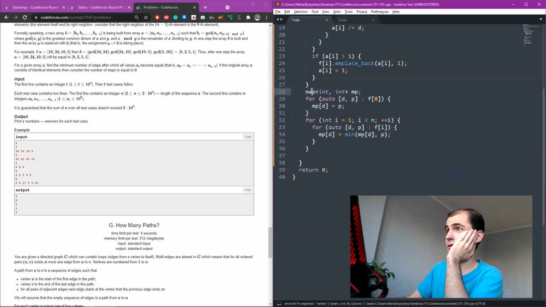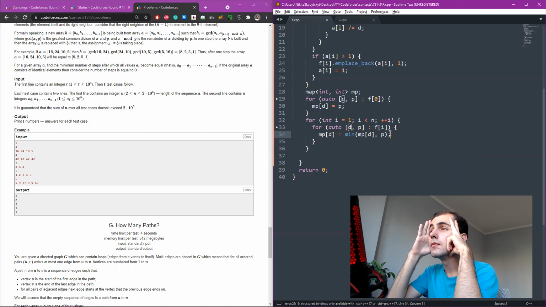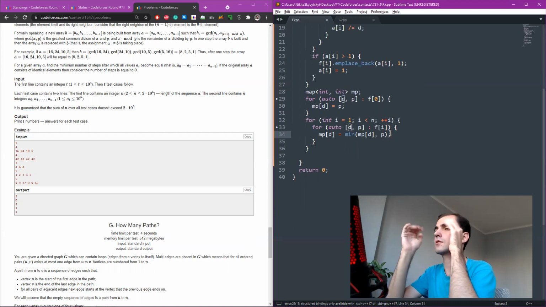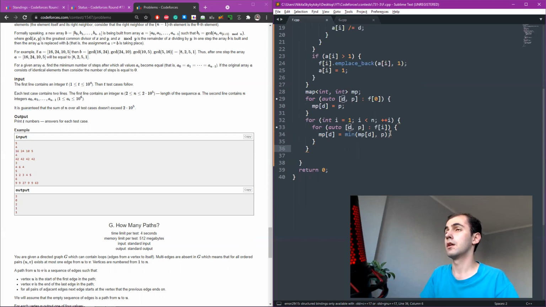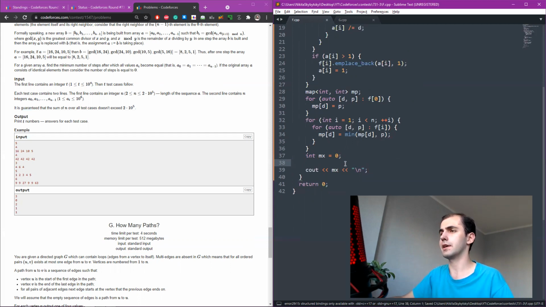So this way we computed for all prime divisors what is the minimum power that will correspond to the power of this prime divisor in the GCD. And we want to compute some maximum over all prime divisors of the following level. Like we already talked about, the power of 0 will grow and take everything with it. So what we want to find is